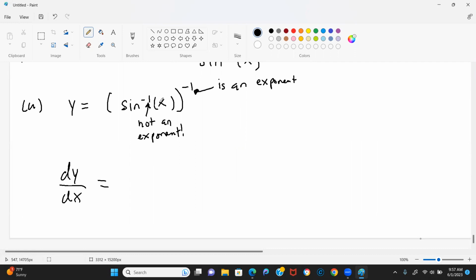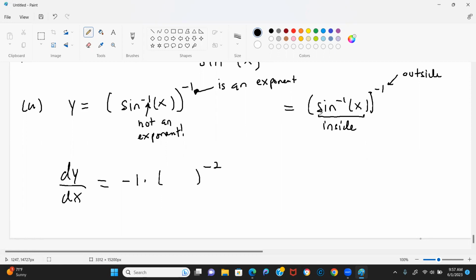So we have sine inverse of x as our inside function. And in fact, let me rewrite this over here. So I'm just writing the same thing down. This is going to be our inside function, the inverse sine function. And the exponent that's -1 is our outside function. So according to the chain rule, you take the derivative of the outside function to the -1. So you throw a -1 in the front, and then times something to the